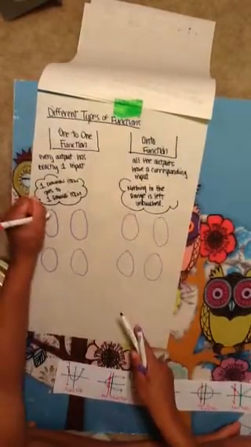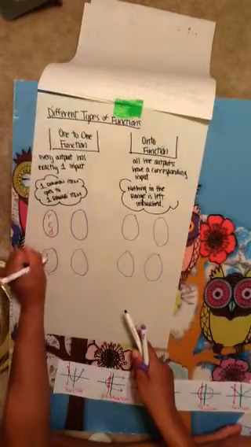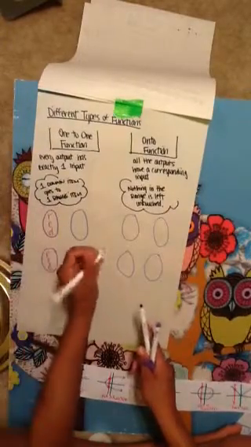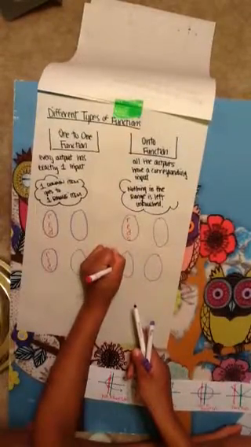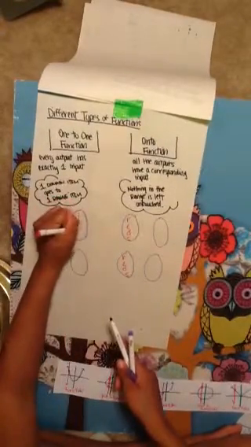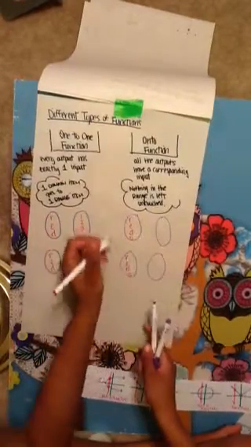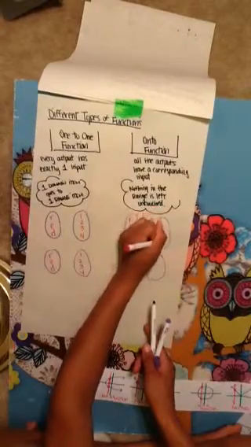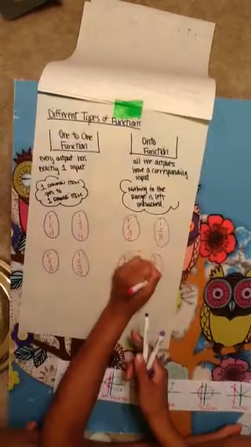Let's use letters, R-E-D, R-E-D, R-E-D-S, R-E-D-S, and numbers 1, 2, 3, 4; 1, 2, 3, 4; 1, 2, 3; 1, 2, 3, 4, 5. Alright, so for one-to-one,